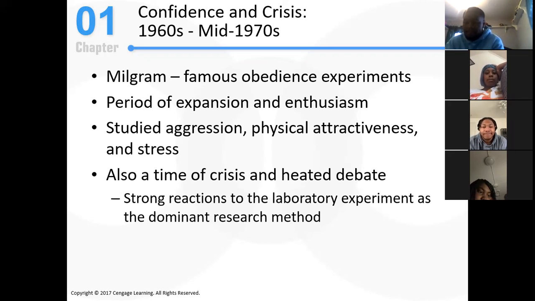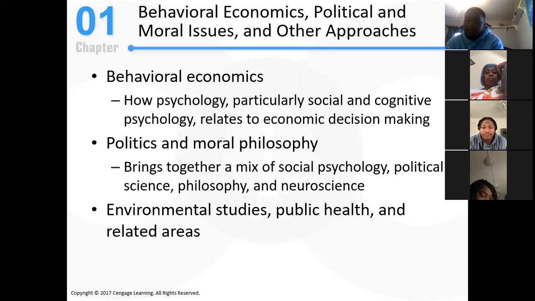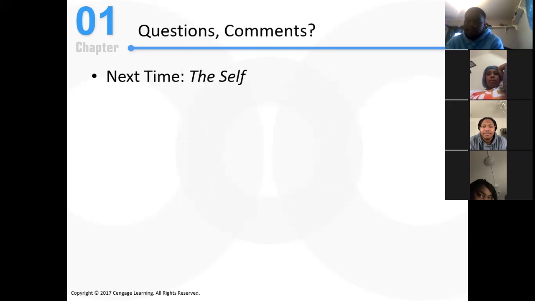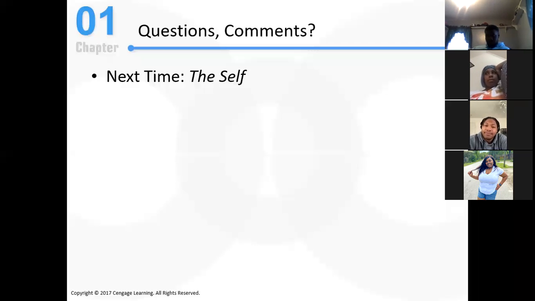So keep these things in mind, right? We're going to talk about a lot of different social experiments over these next few weeks and famous social psychology studies. All of this is aiming to study and learn about human behavior. The next thing that we're going to learn about, beginning next week, is the self. So we talk about social psychology and knowing how you interact in groups. But the first thing that you have to understand before you interact with groups?